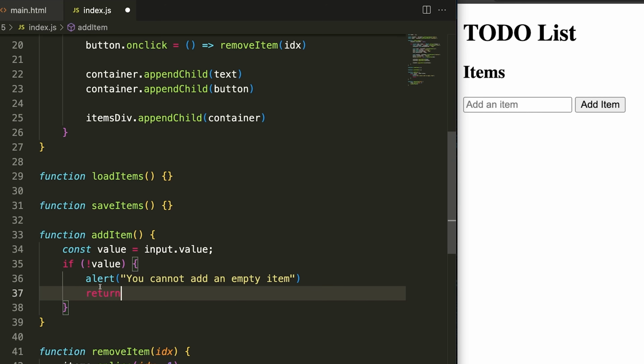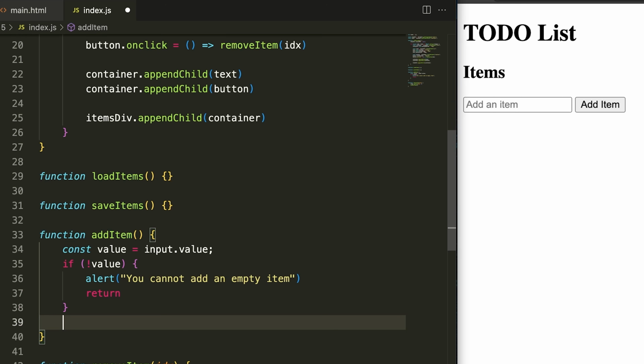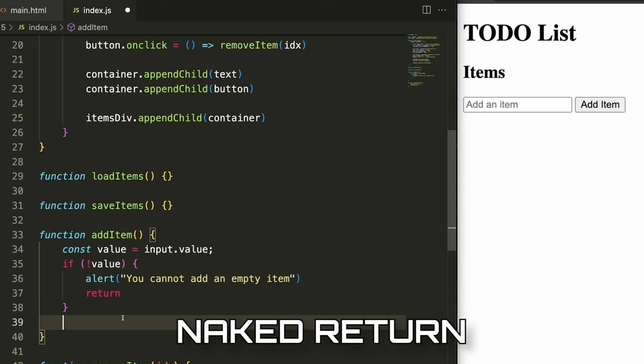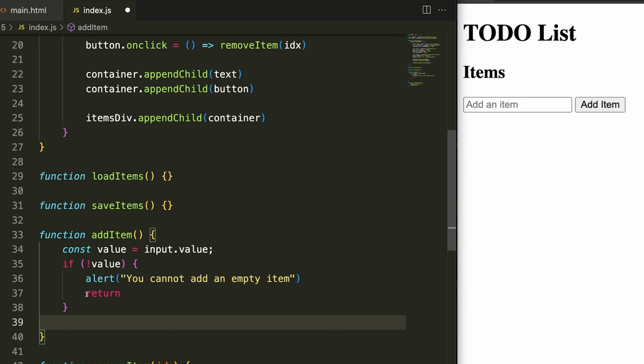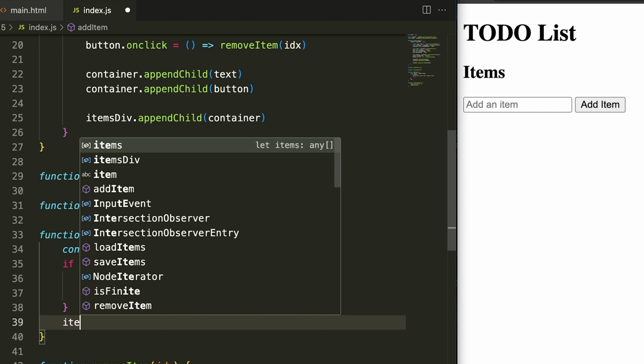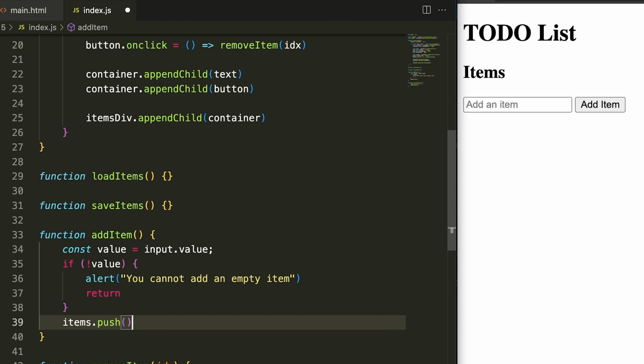So when we return early from the function, we no longer will execute any lines beneath it. So this is called a naked return. Some people don't like it, but in JavaScript, it's fine. And this is essentially saying, okay, as soon as you hit this, just get out of the function. We don't need to give any value back, but we're just going to exit the function as soon as this keyword is encountered. Then down here, we're going to say items.push, and we're going to push the value, which is